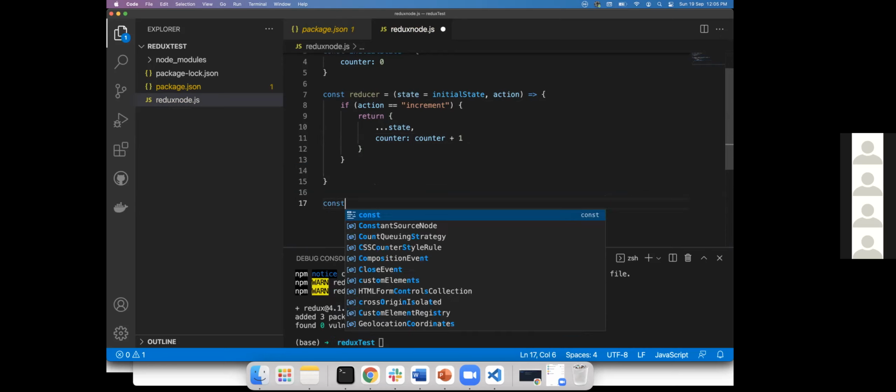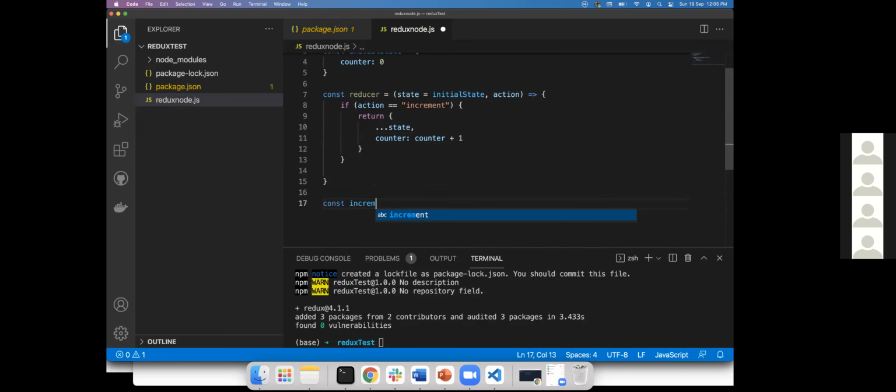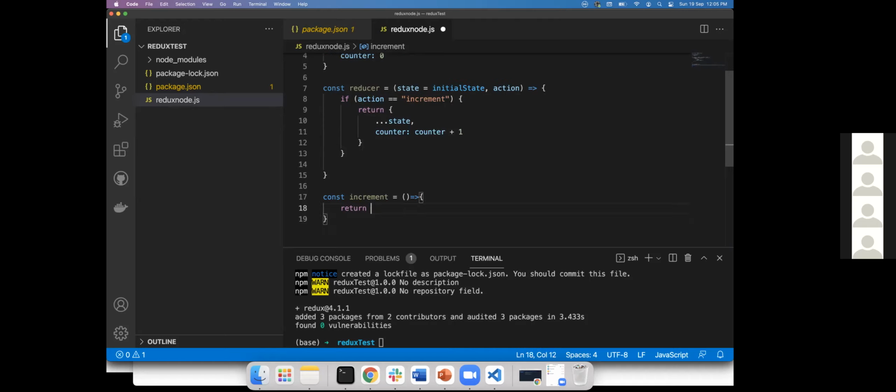There is a const increment. I call it again a function. When I dispatch, that should return me state dot action, that should return increment.